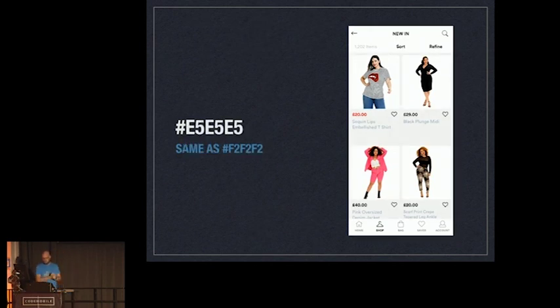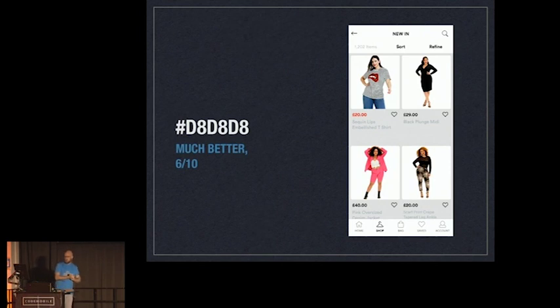So I moved further up the monochromatic scale, E5E5E5, and she basically said it's the same. There was no difference whatsoever. So right, okay then, I went up a little bit more to D8, and she's much better. At this point she's saying it's now a 6 out of 10, and that was still with no night shift. And then I did this. So I got her what she sells, non-prescribed colour, and I put that in the app.